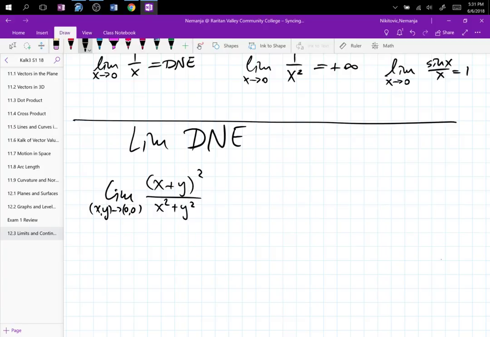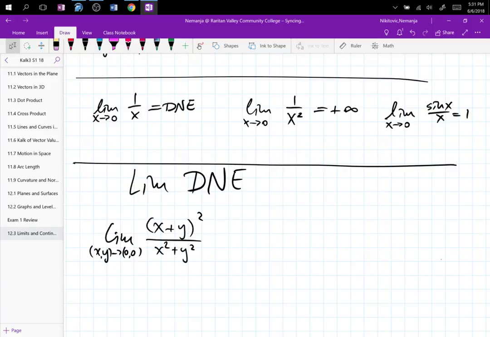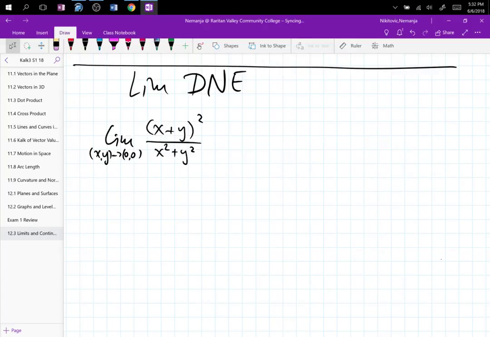So, plug numbers in, right? That's the first thing. You see the limit, you just want to plug in and be done. But unfortunately, we get 0 over 0. And we know that because I have this line up there even for Calc 1, you know that can end up anywhere. So what should I do? Well, I can pick a path of approach. And as soon as I pick the path of approach, I'm going to reduce the limit from this 2 variable into a single variable limit, which is technically Calc 1. So pick path